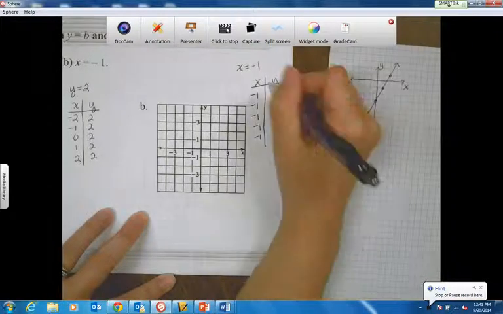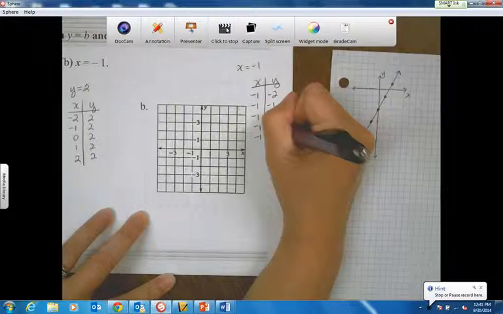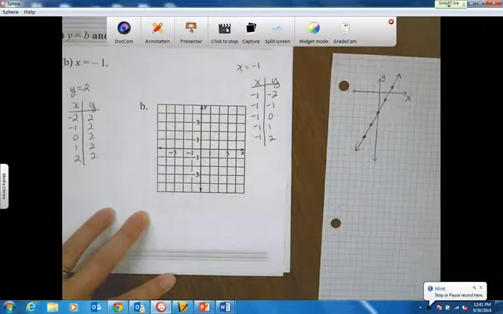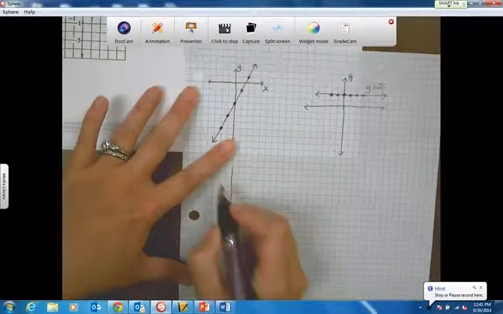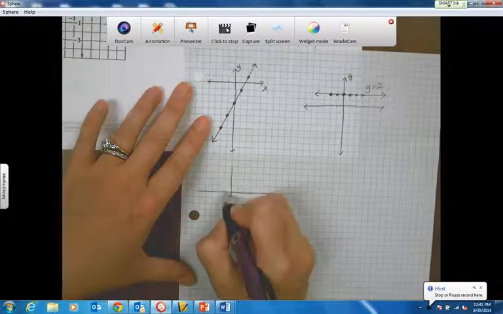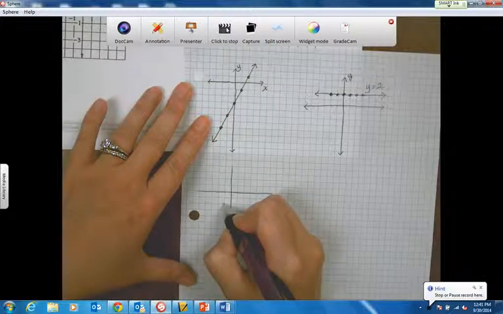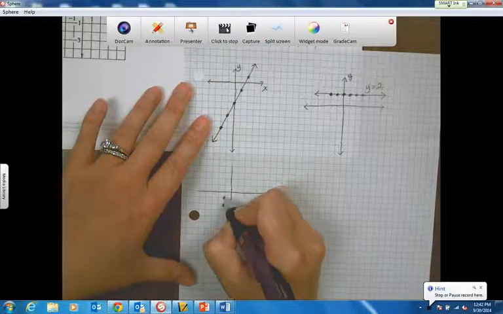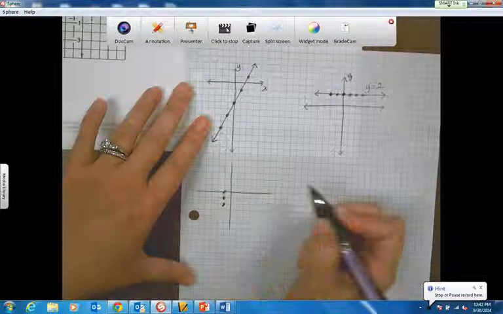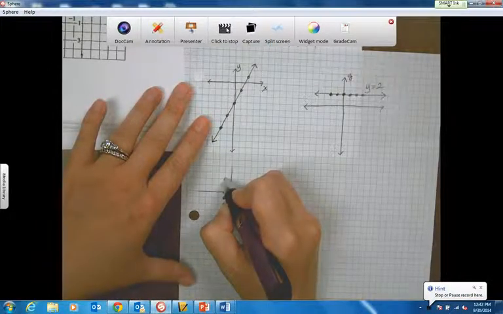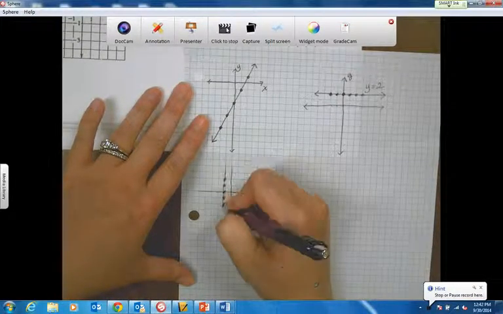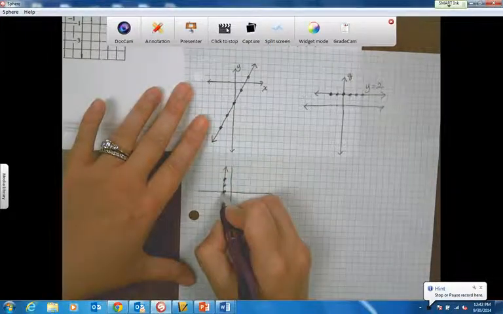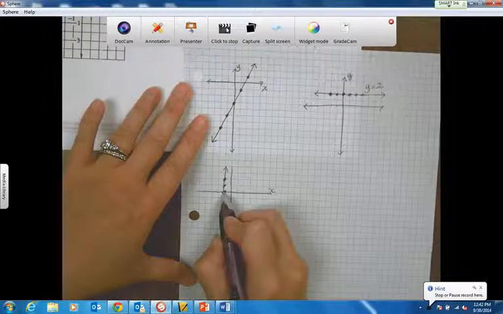Okay, so if I go over and graph that on my graph paper, if I go over -1 and down 2, it's here. If I go over -1, down 1, it's here. Over -1, up 0, it's here. And see, there's your line going in right there. It is a vertical line. The vertical line is crossing the x-axis, because this is your x-axis, and it's crossing it at -1. So this is the line x equals -1. Okay? And that is all we are learning